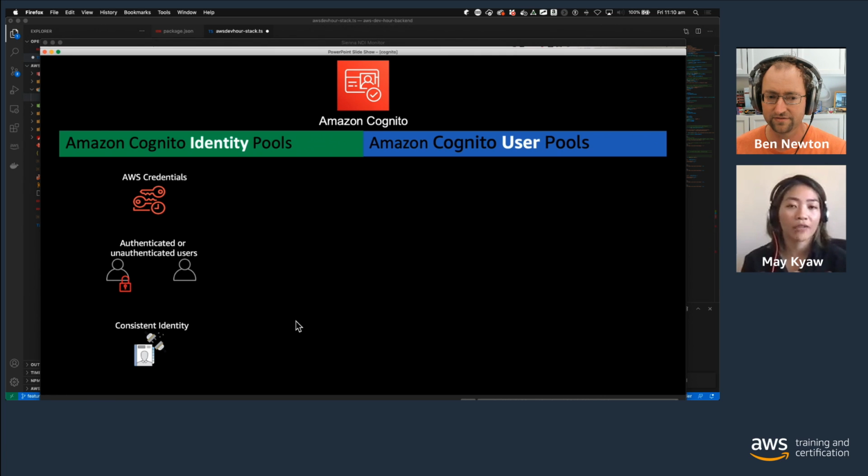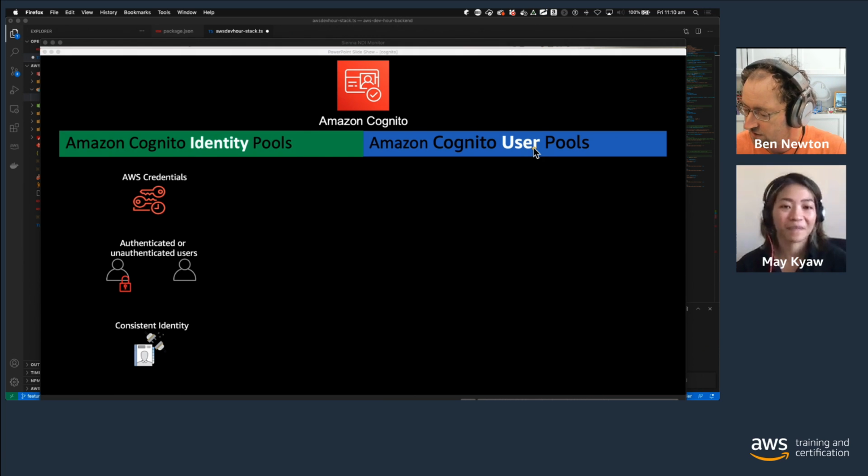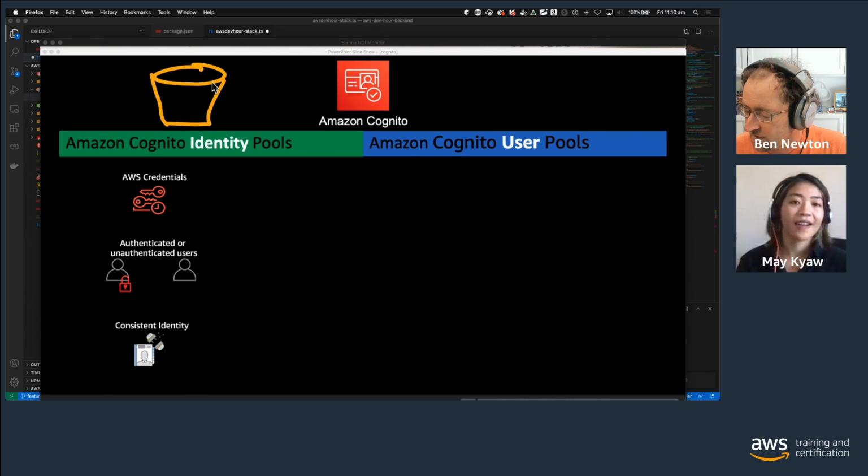You can see it like Ben likes to put it, as a token vending machine that gives access to your user. And what's important, and we're going to talk about this in a second, is that if you think about identity pools as being a vending machine for AWS credentials, why are we using this with our application? It's because our application workflow sees us integrating with Amazon API Gateway for our actual API component. But from an application, we're also integrating directly with our